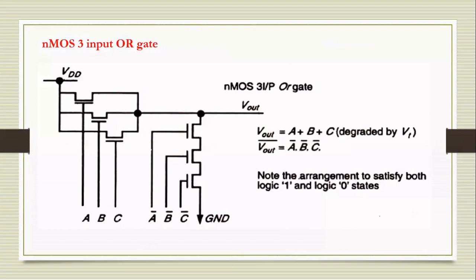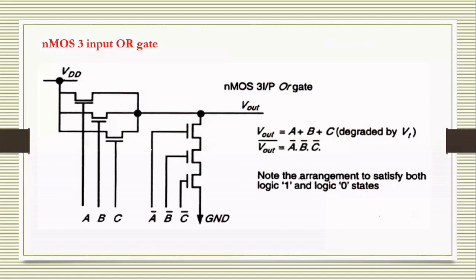When we take the product of VDD and A, B, C, we'll get A, B, and C as the outputs of each NMOS pass transistor. Since they are connected in parallel, we'll get A plus B plus C. VDD is nothing but logic 1. So 1 into A is A, 1 into B is B, 1 into C is C. Therefore, we are getting A plus B plus C. We got the sum term. This implements a simple 3-input OR gate, which realizes for logic 1.